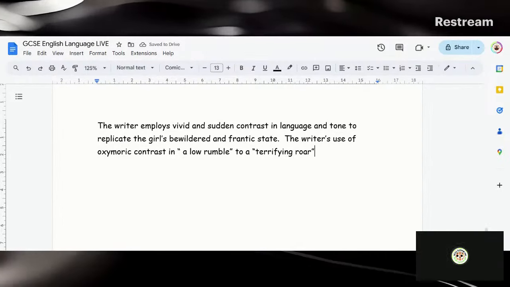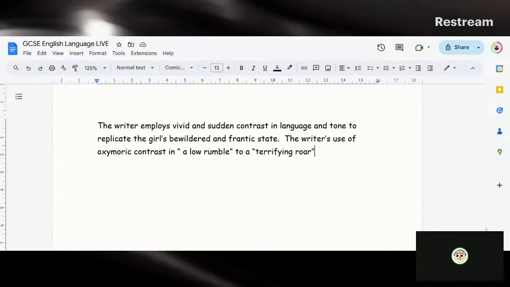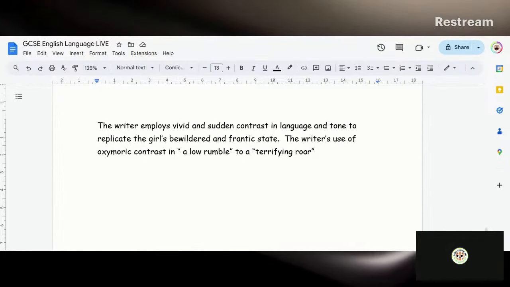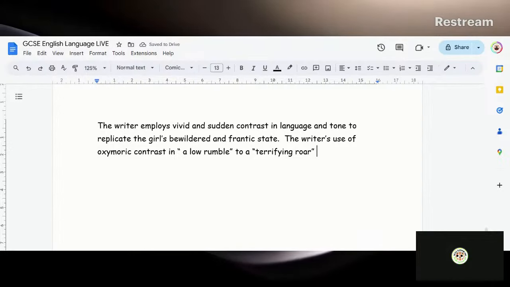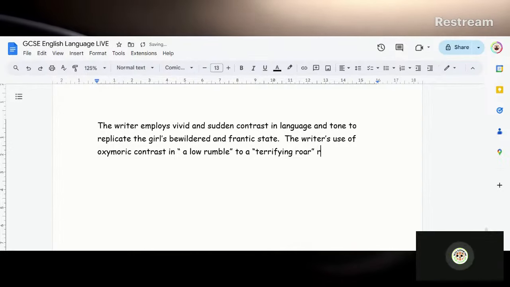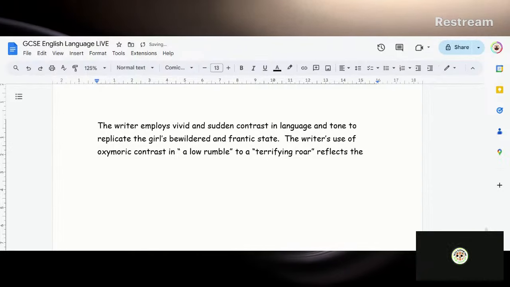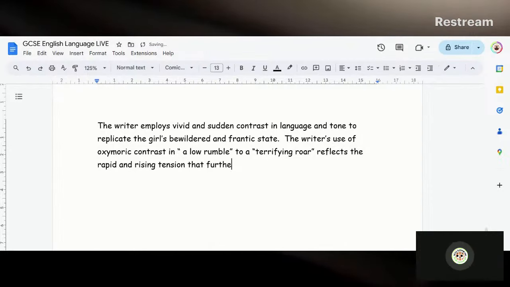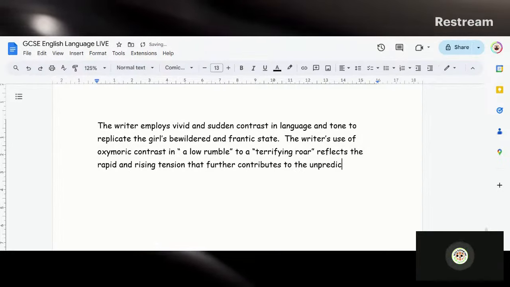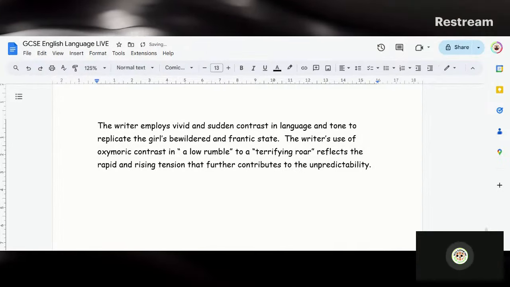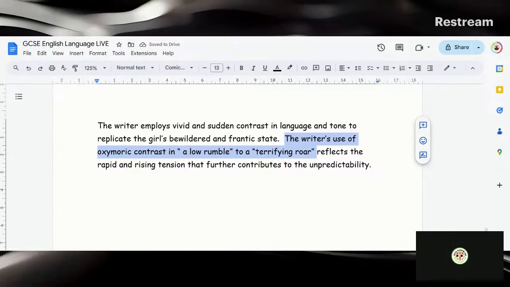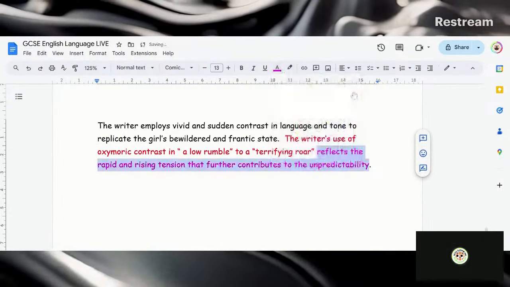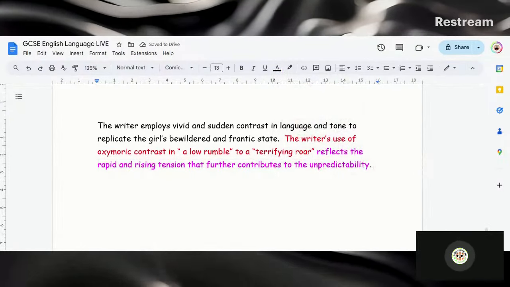So we can then say, what can we say? This reflects the rapid and rising tension that further contributes to the unpredictability, as we were mentioning in our previous statement there. So we've got our red quote and then our pink analysis. Okay, and then